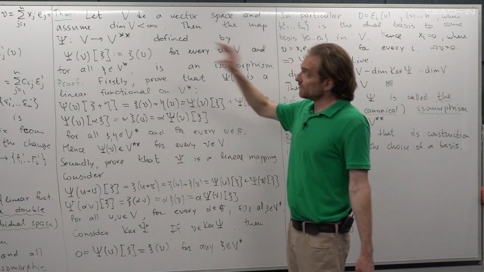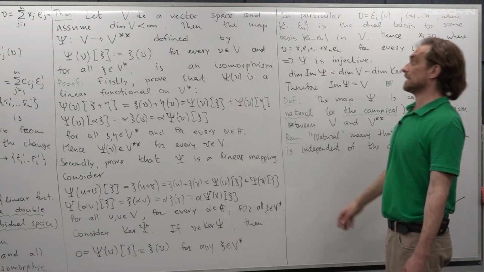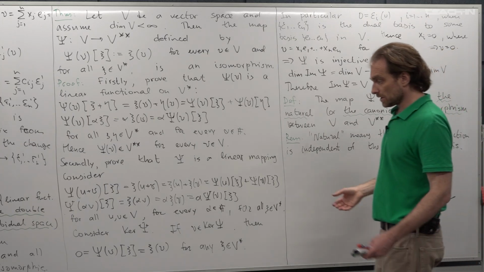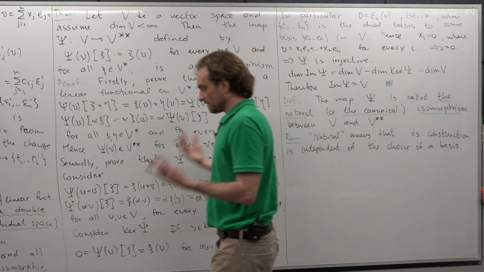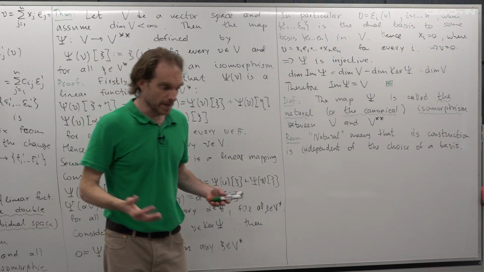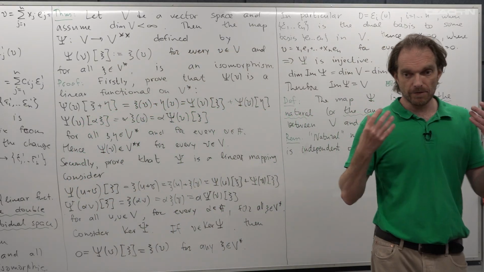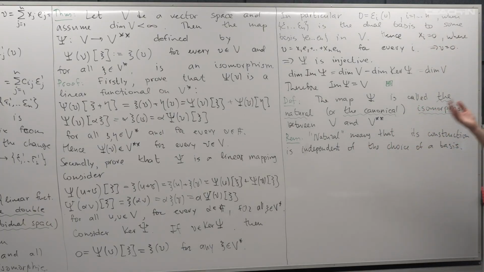But this formula is universal, so it can be used in any possible situation, and that's why this isomorphism is called natural, or the canonical isomorphism between the space V and its double dual. So this means that we can identify these two spaces. So we can think of the elements of the space V as linear functionals on the space